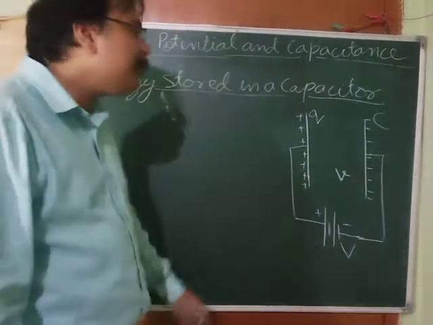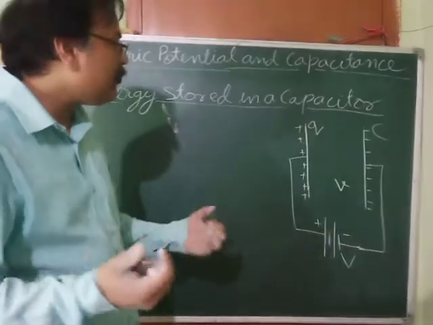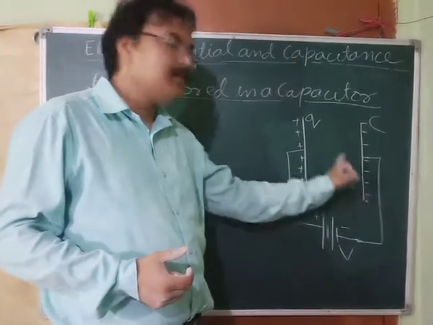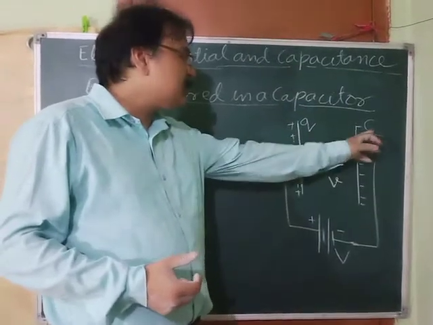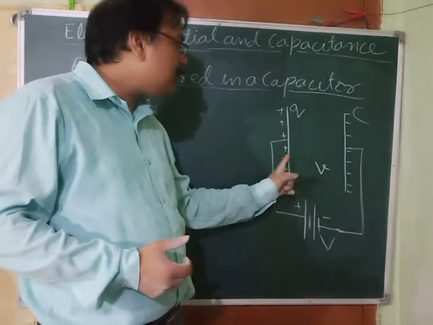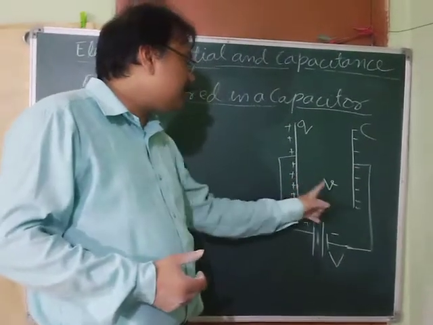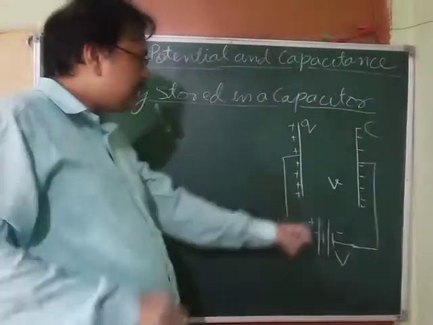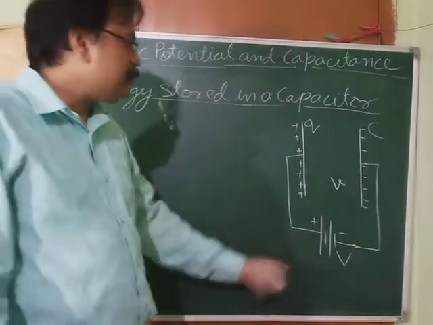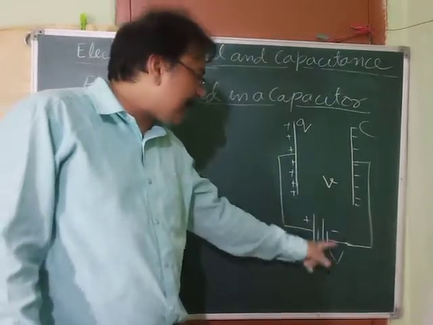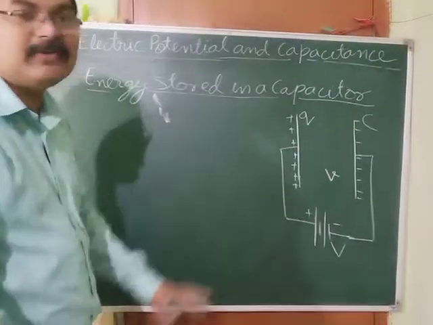Suppose at any instant of time, a particular time, we found that the charge on this plate is plus q and this is minus q, small q, and the capacitance of this capacitor is C, and the potential difference between the plates, or the potential at each plate, this plate is v and this plate is minus v. That is, the potential difference between the plates is small v, not capital V, it is small v. This is different than this, at any instant of time.